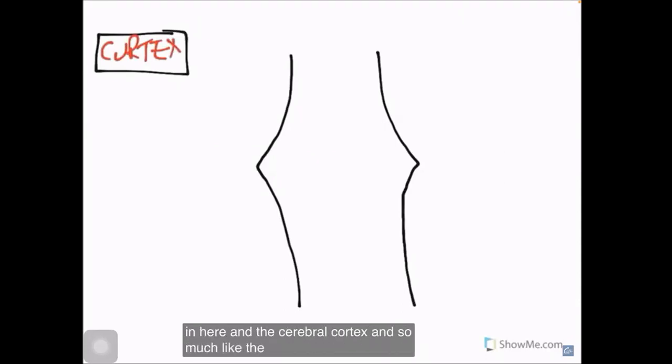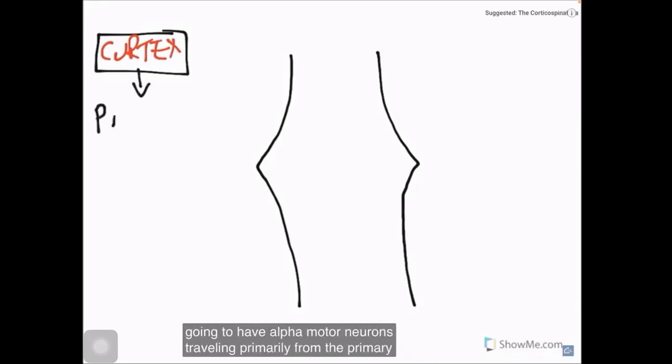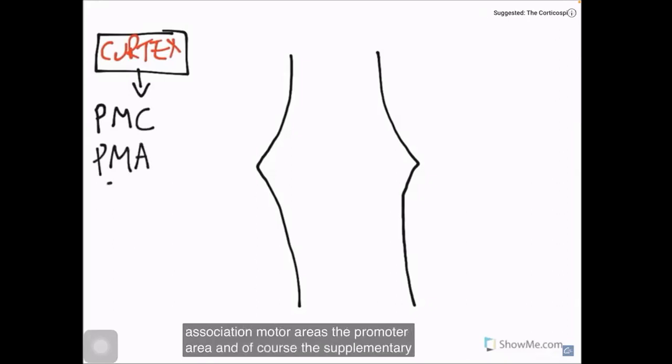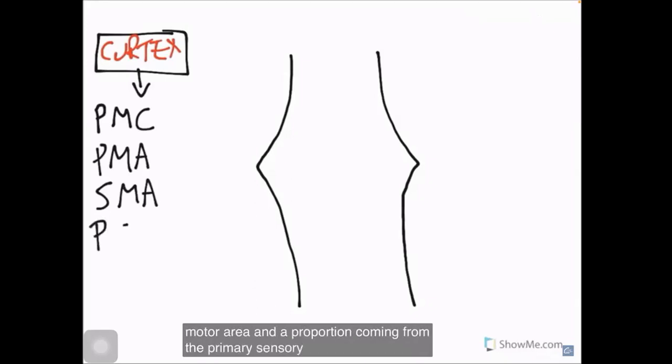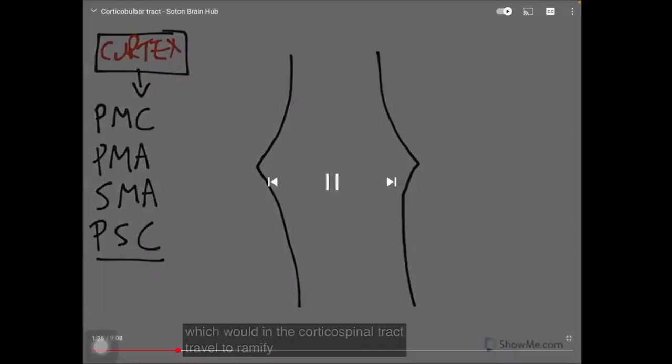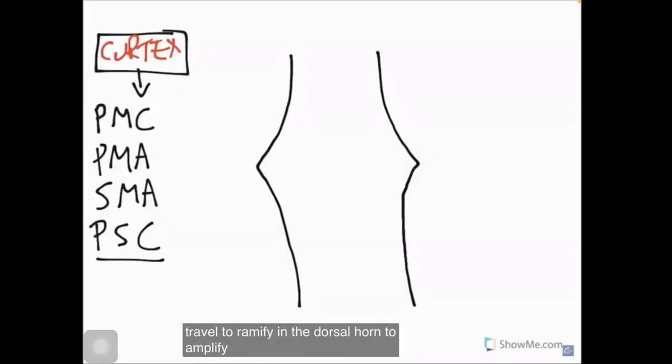And so much like the corticospinal tract, we are going to have alpha motor neurons travelling primarily from the primary motor cortex, but also from those association motor areas, the premotor area, and of course the supplementary motor area, and a proportion coming from the primary sensory cortex. These ones, which would in the corticospinal tract travel to ramify in the dorsal horn to amplify proprioceptive information and